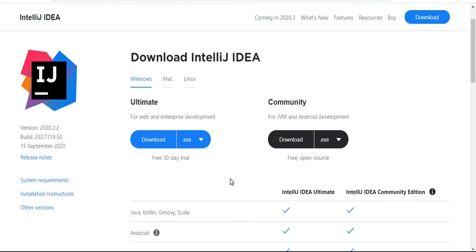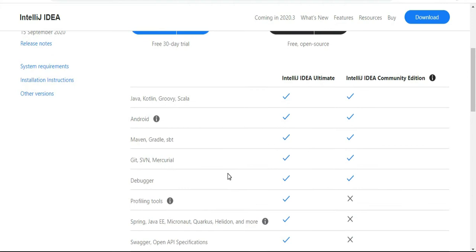Now here you can see I have two versions of IntelliJ IDEA. One is Ultimate, another is Community version. The Community version is free and open source and Ultimate is the paid one. Here are the different features of Ultimate and Community editions.